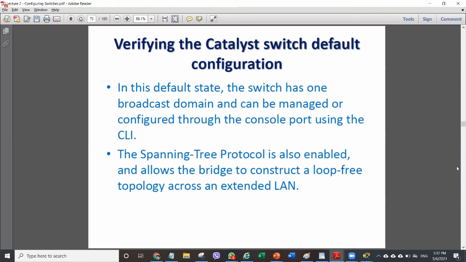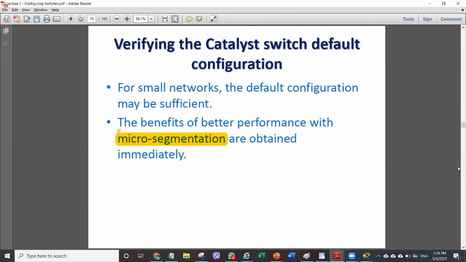Then it says spanning tree protocol is also enabled and allows the bridge to construct a loop-free topology across the extended LAN. We discussed that part also. Circular paths are not logically available, right? They are physically available, but they are not logically available. At some end, ports will be blocked. For small networks, the default configuration may be sufficient. So in our case also,